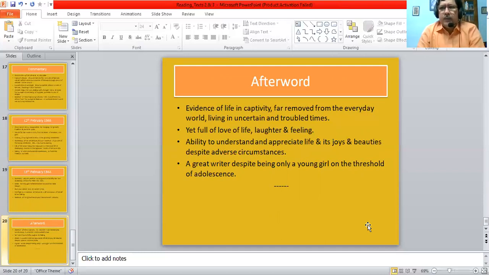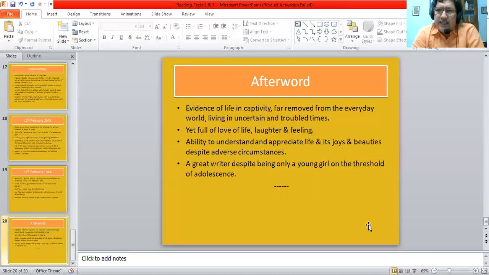She gives us a clear impression of her growing maturity as she is writing, that she realizes that things might change for the worse and her life might end, but then the world will still go on. She feels that her death will really make no difference. So it's a tremendous realization for a 12-year-old or 13-year-old child to have.